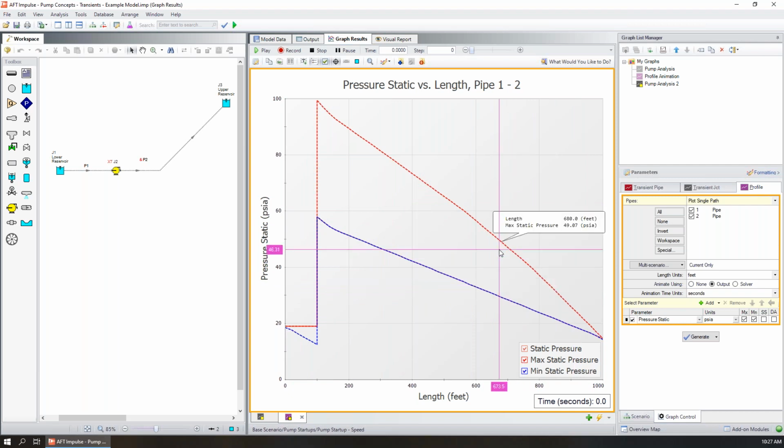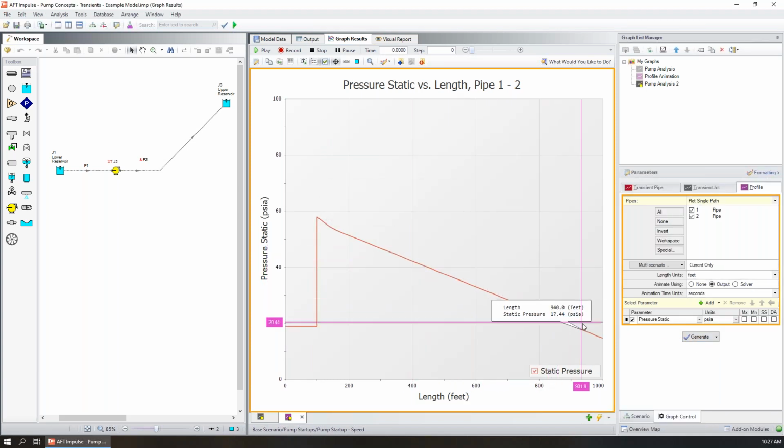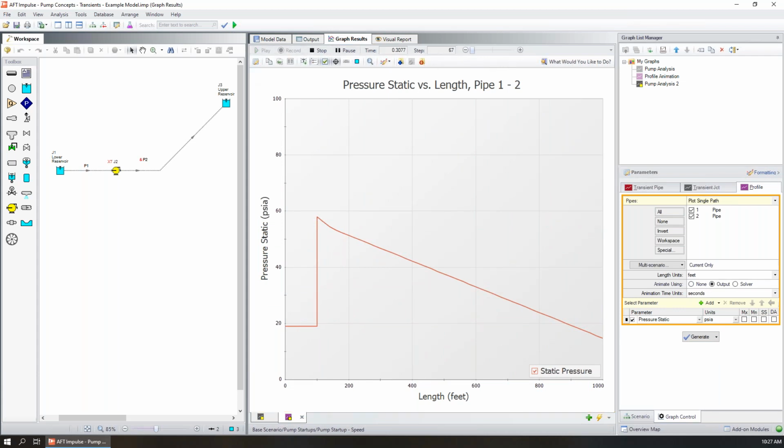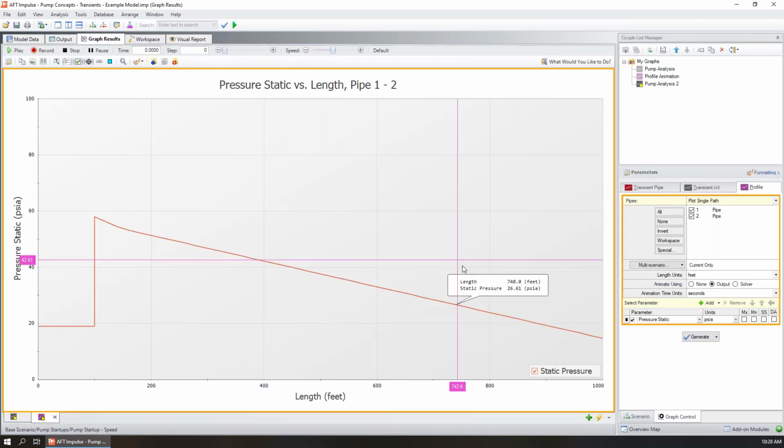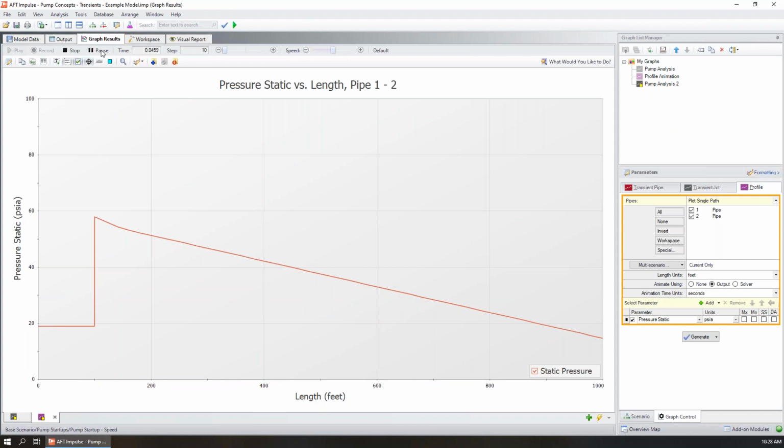We can go a step even further and animate it, which is one of my favorite things. So now if we generate it, you can see how we have our initial static pressure point. Here we're at time 0. So if we press play, and let's actually recombine this so we can see a bit more. If we press play,